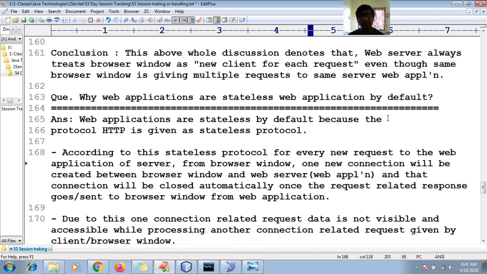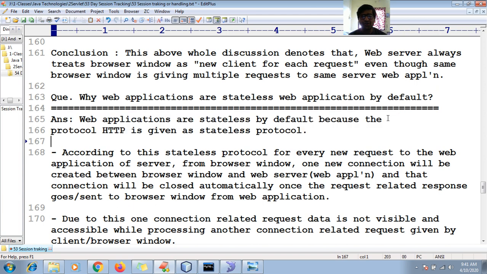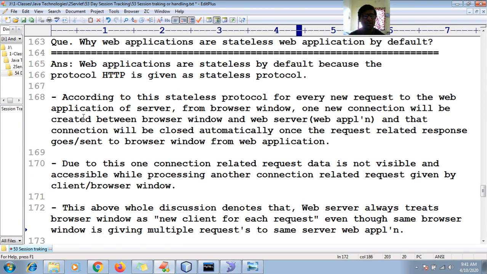So now you have got some idea, I hope so. Why are web applications stateless by default? Because the HTTP protocol is given as a stateless protocol. So according to this stateless protocol,